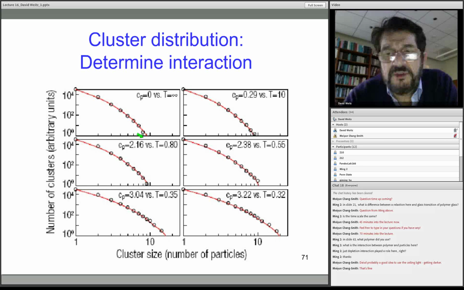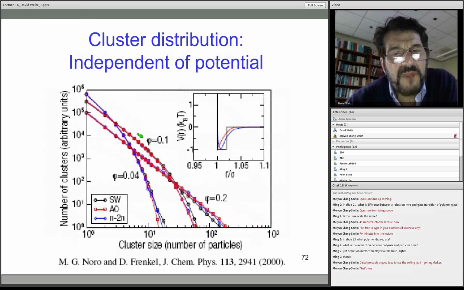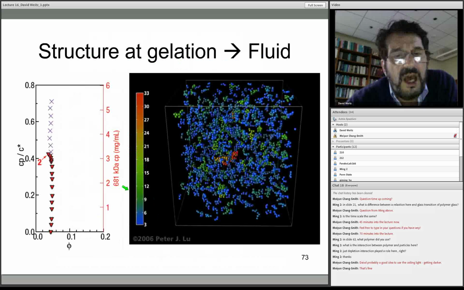The actual temperature doesn't matter. It's really the ratio of the interaction energy, which is determined by this depletion interaction and hence by the concentration of the polymer. It's a way of converting that into a true thermodynamic temperature. Okay, so this is just showing that it doesn't matter. This is a calculation for different shapes of the interaction. You see that it really is independent of the shape of the interaction. And so now you can look at the behavior as a function of polymer concentration, and you can identify that